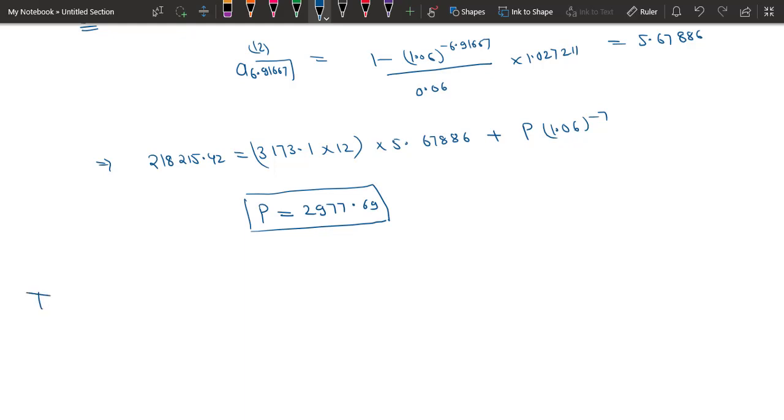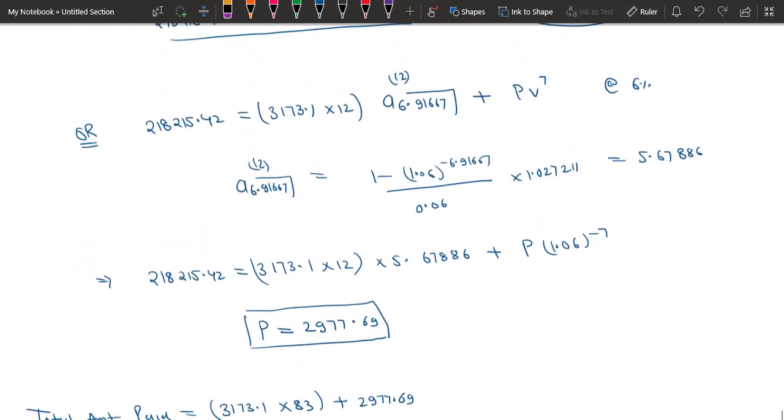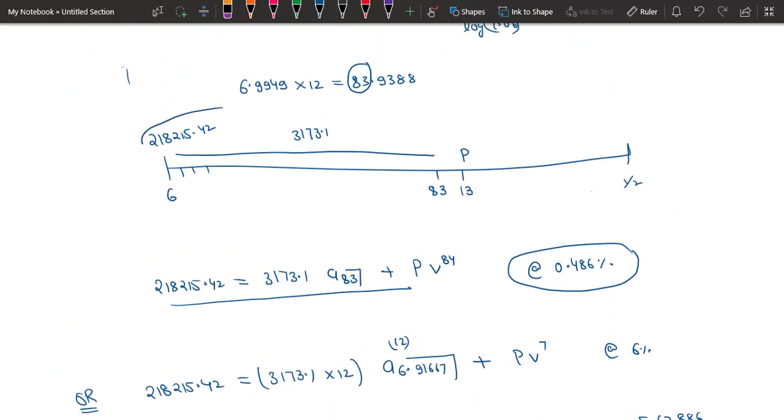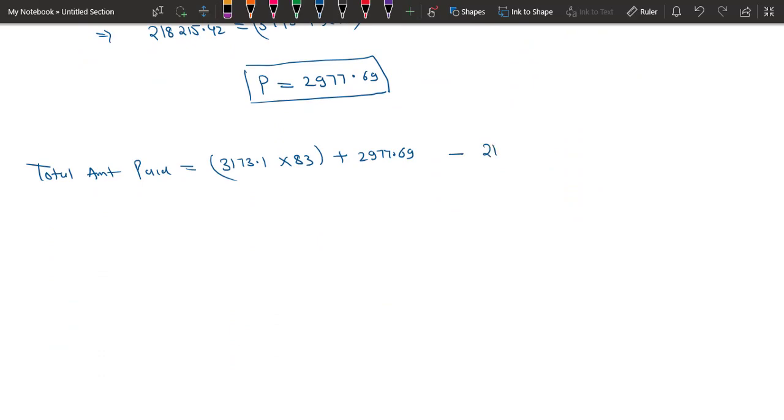So now we calculate the total amount paid. Our total amount paid will be equal to, we paid 83 installments of this amount, plus we paid the last installment of 2977.69. So this is the total amount that we have paid, and the capital that we have paid in these 7 years approx is this, because this was the initial loan, and after this the value will be 0. So the capital paid is this same, and if we subtract this amount from the total amount, we get